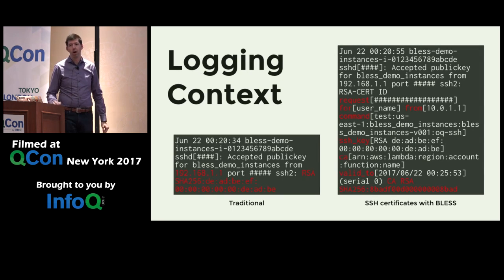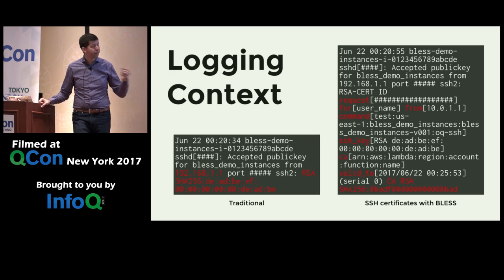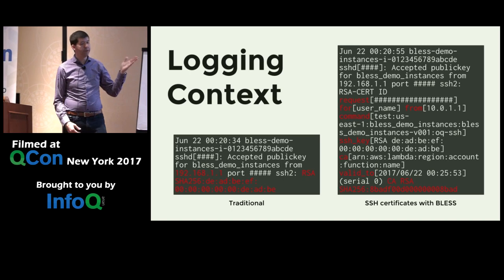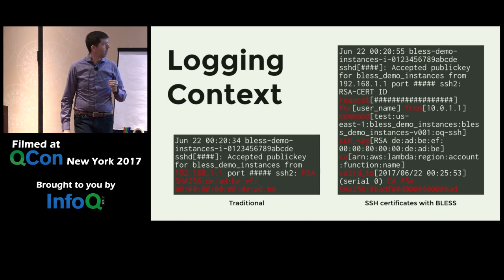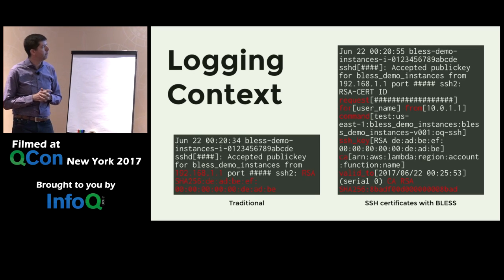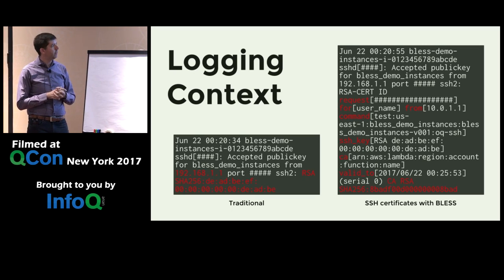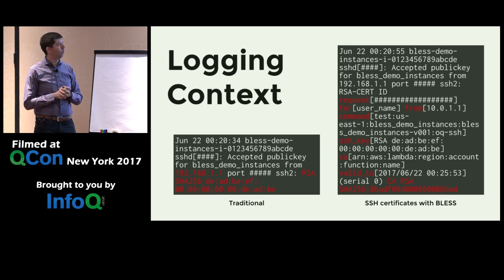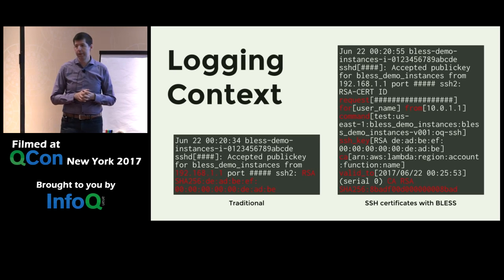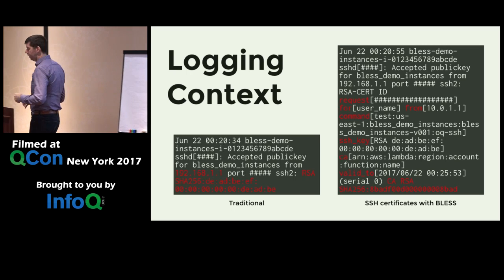We talked a little bit about the logging. This is some example of the logs that you're going to get out of the system when you use something like Bless. But it's arbitrary. It's whatever you put in that key ID field. So here we have an example where we see the username, we see the IP address that they're coming in from, we see the commands that they're running, which SSH keys they're using, what the validity period is, all very useful information for your audit trails.